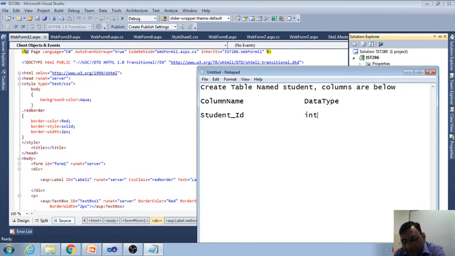If you put a space or a dash, there is a chance of an error. For example, here I write studentID. If you write student space ID, the table will be created, but when you work on that table, there may be a chance of error. So please avoid the space, and also do not put a dash. Dash and space we need to avoid, otherwise there is a chance of error.